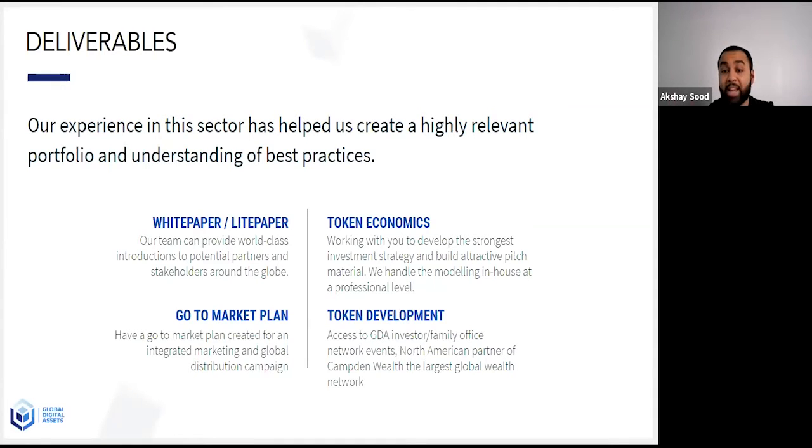Now, pertaining to the token and token economics, the token development and the go-to-market plan. The go-to-market plan is very, very interesting here because it's one of two things. There's a technological go-to-market plan. There's also a business go-to-market plan. Now, what I mean by this is that you have a lot of different blockchains that you can build on top of. Each blockchain, say Ethereum, you can build on top of, now like Matic, Polygon, ADA. Well, ADA not yet, but soon.